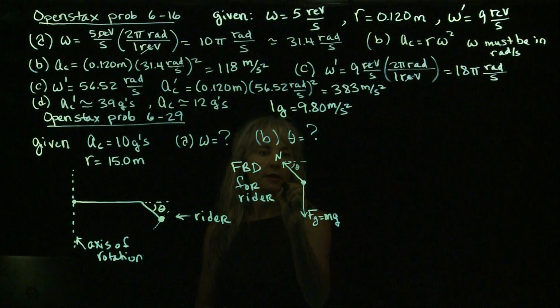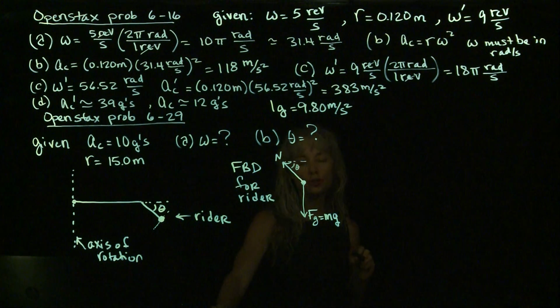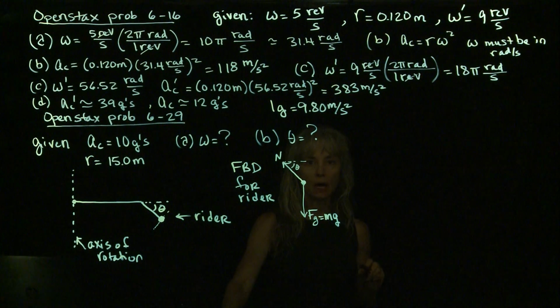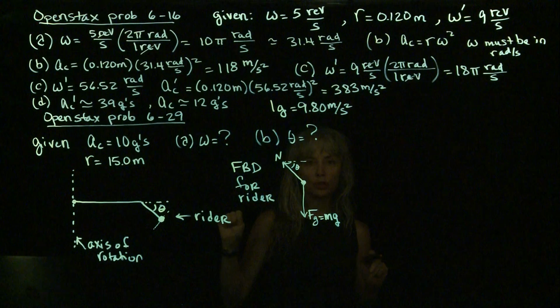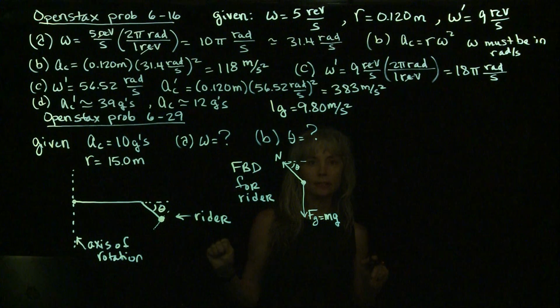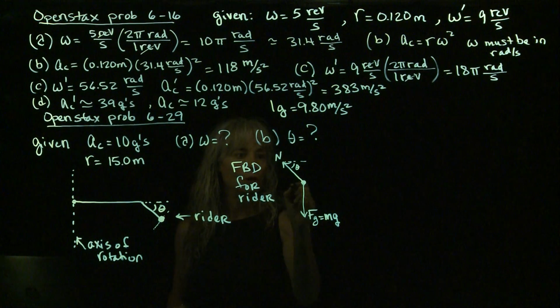That's the angle theta. So first of all, we need to choose a coordinate system, because you can see that these forces are not lying along a line. So recall that in the previous video we talked about, when we have circular motion, choosing the axes to be tangential and centripetal. So in this